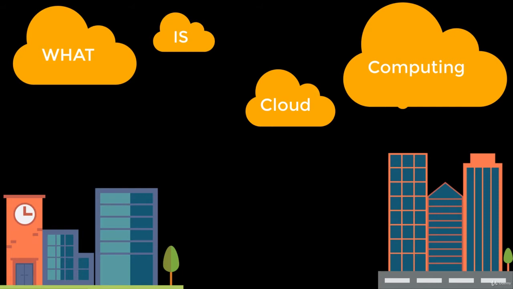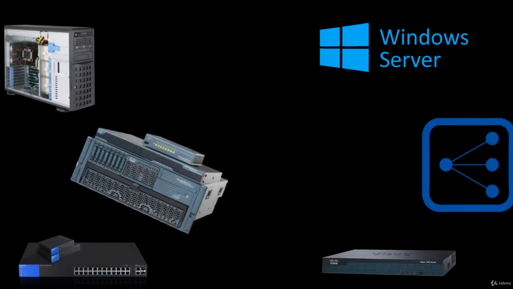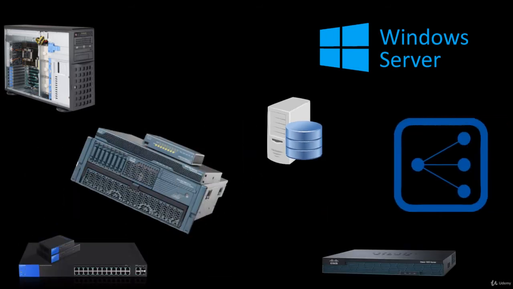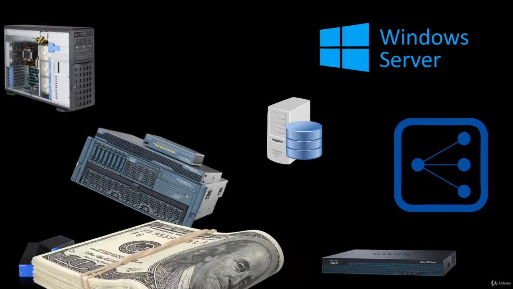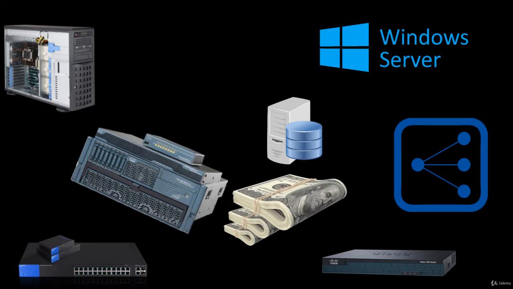Traditionally, if we ever have to build applications, we had to procure a lot of hardware. For example, you will need servers, you'll need operating systems and their respective licenses. You will need firewalls, routers, switches, load balancers, databases, and the list just goes endless. And that means that you will need a lot of capital expenditure. Capital expenditure is the amount of money that you will invest initially to procure that hardware.